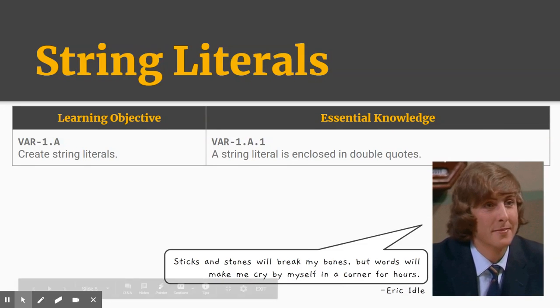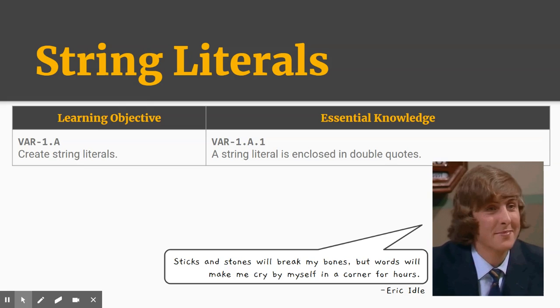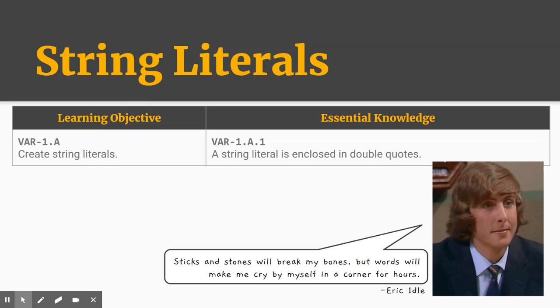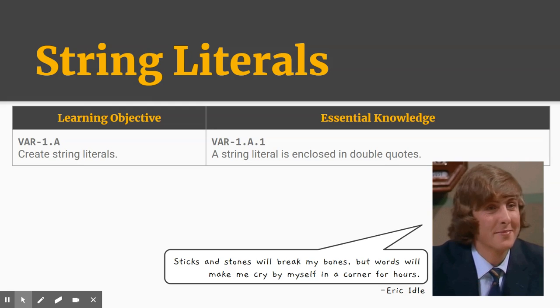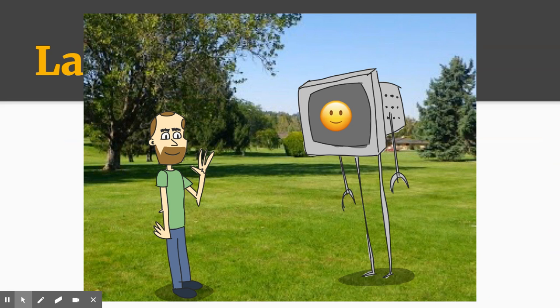I hope you are excited to learn about string literals today because that is what we are going to do. Our goal is to just have a better understanding of what a string literal is and to feel comfortable creating string literals. So, we are going to imagine that we are walking through a beautiful park and we come across